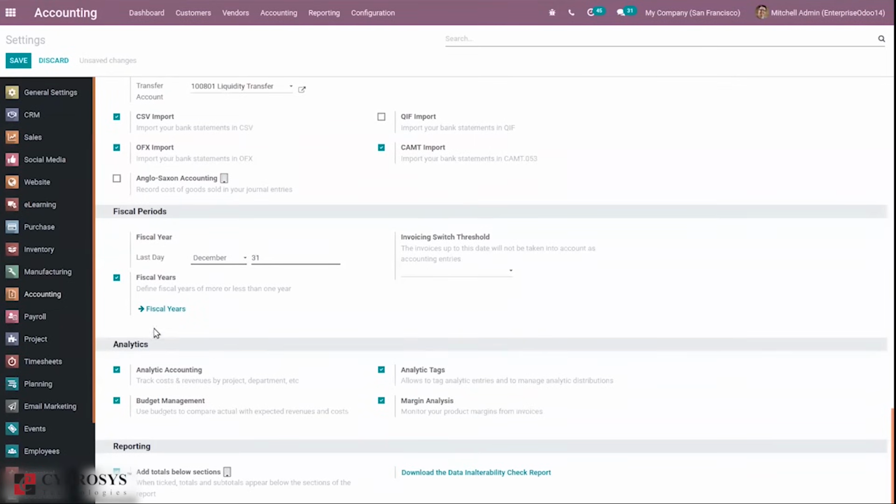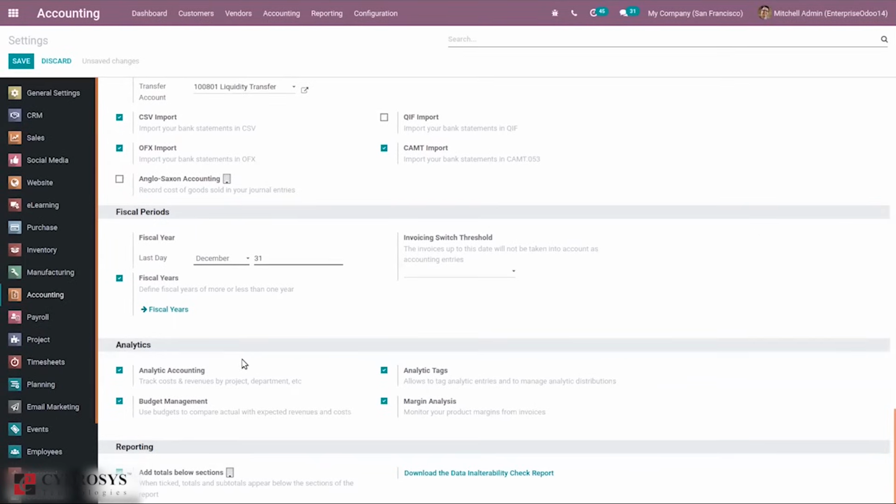Then below we can see the analytics section, where we can enable analytical accounting and analytical tags. An analytical account in Odoo is used to analyze or filter particular accounts without posting journal entries.